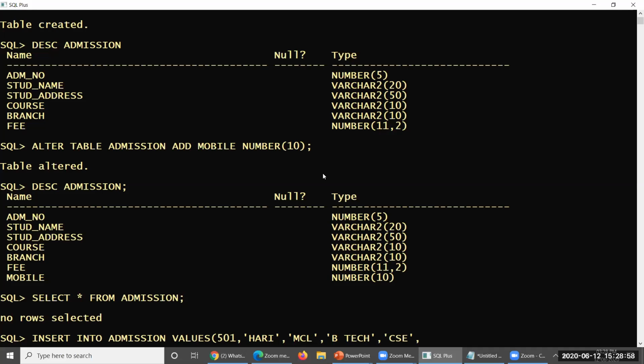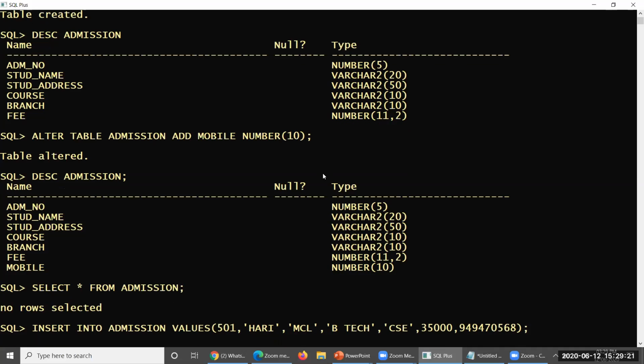Fee has been paid, 35,000 rupees as fixed. Oh, it is a number, sorry. So 35,000 as fixed fees. And the mobile number, let me consider, 9494705612. This is the data which I'd like to introduce.